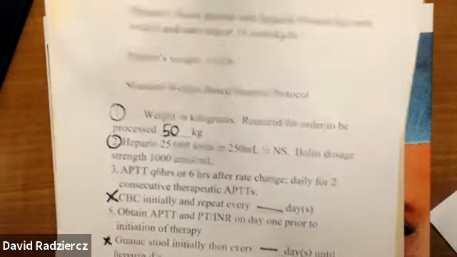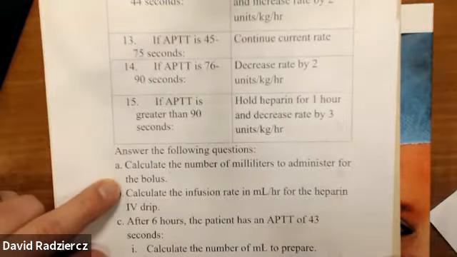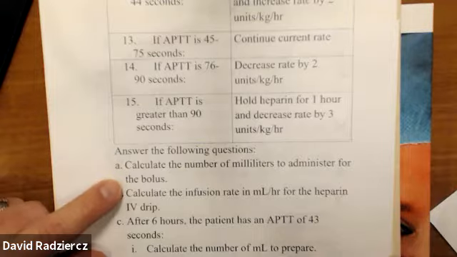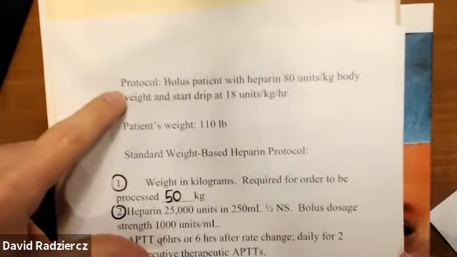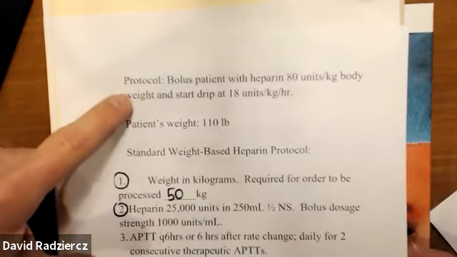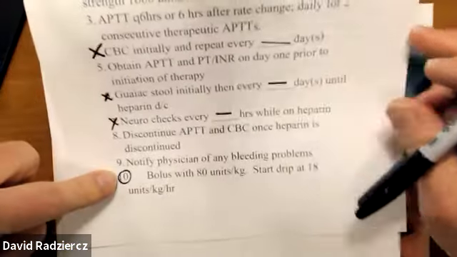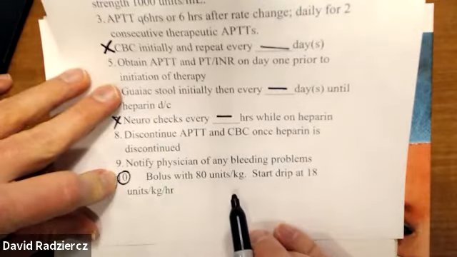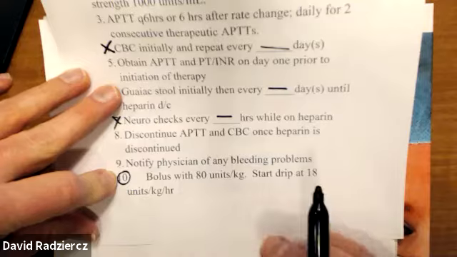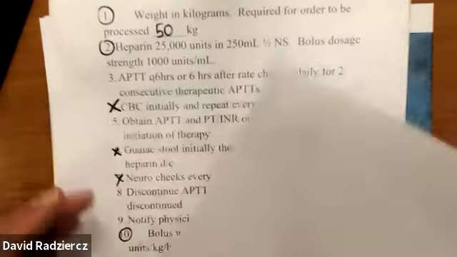Then we're going to go to the questions as they're stated. Question A says to calculate the number of milliliters to administer for the bolus. The protocol is stated here, but this is just a repeat of step 10 in the protocol. So just in case you encounter a question and that's not there, step 10 says the exact same thing as it does at the start of the question. It says the bolus with 80 units per kilogram, and then to start a drip at 18 units per kilogram per hour. So we're going to take that patient weight of 50 kilograms,